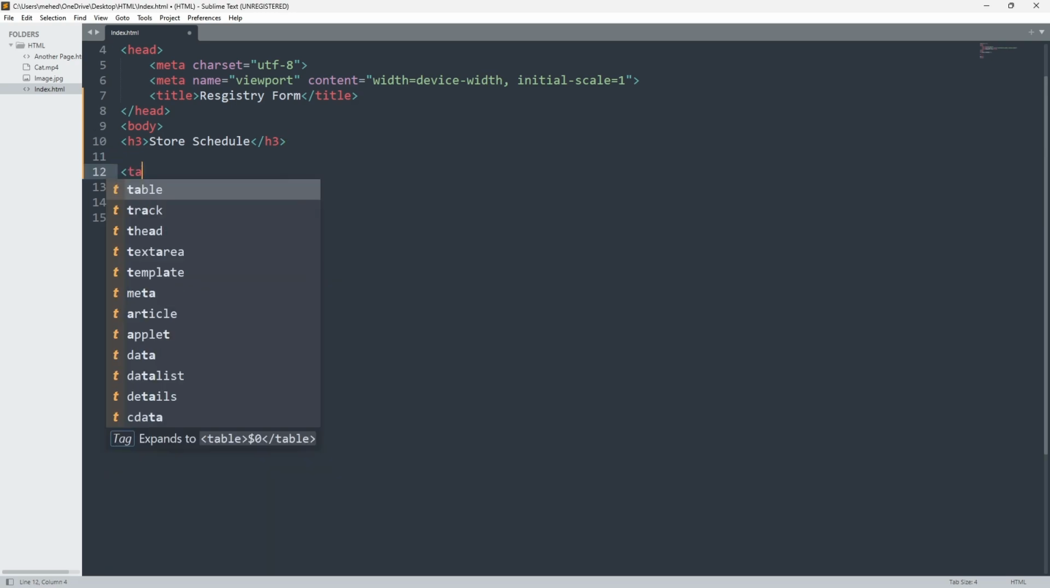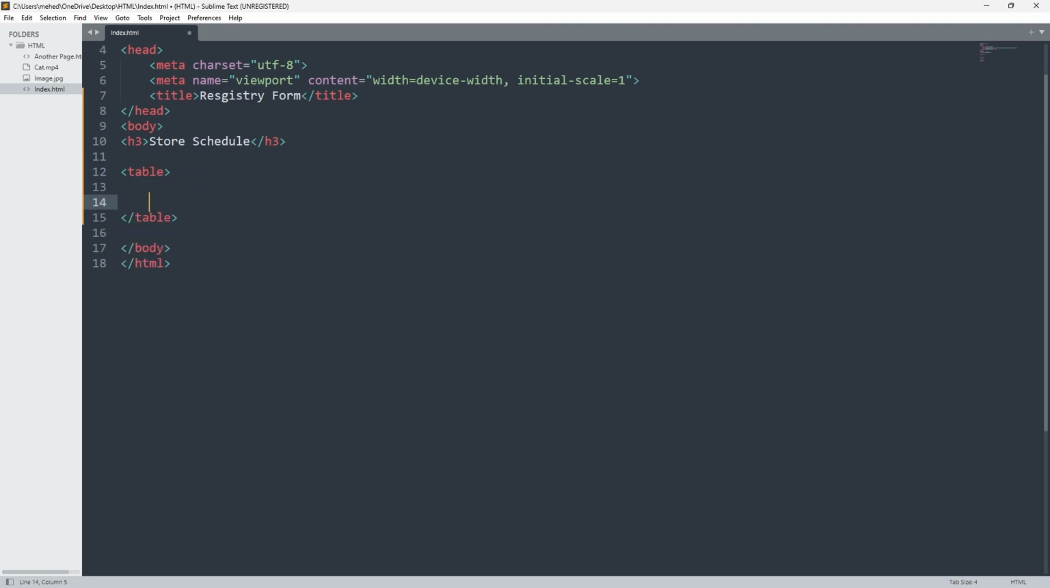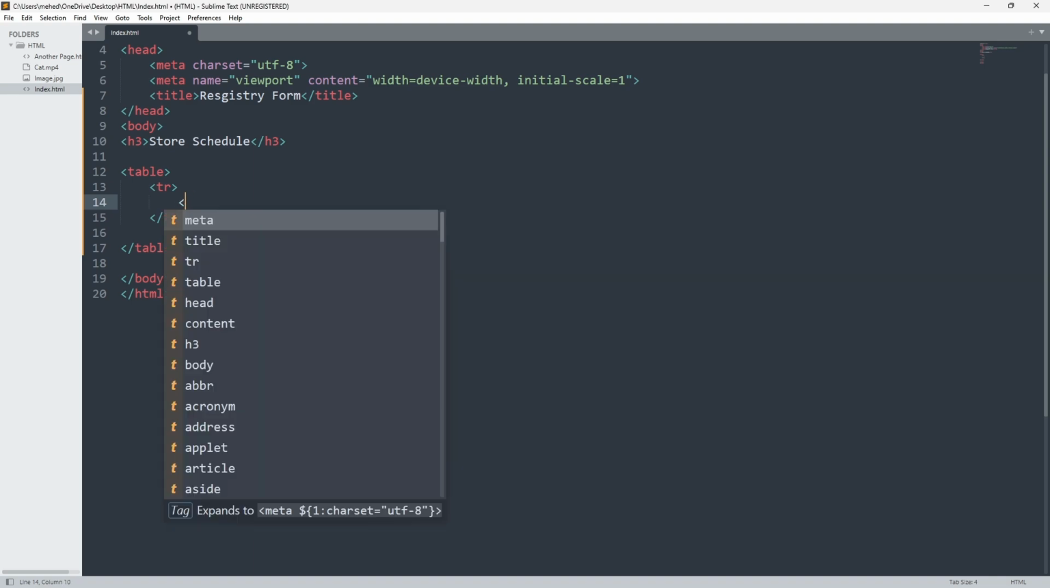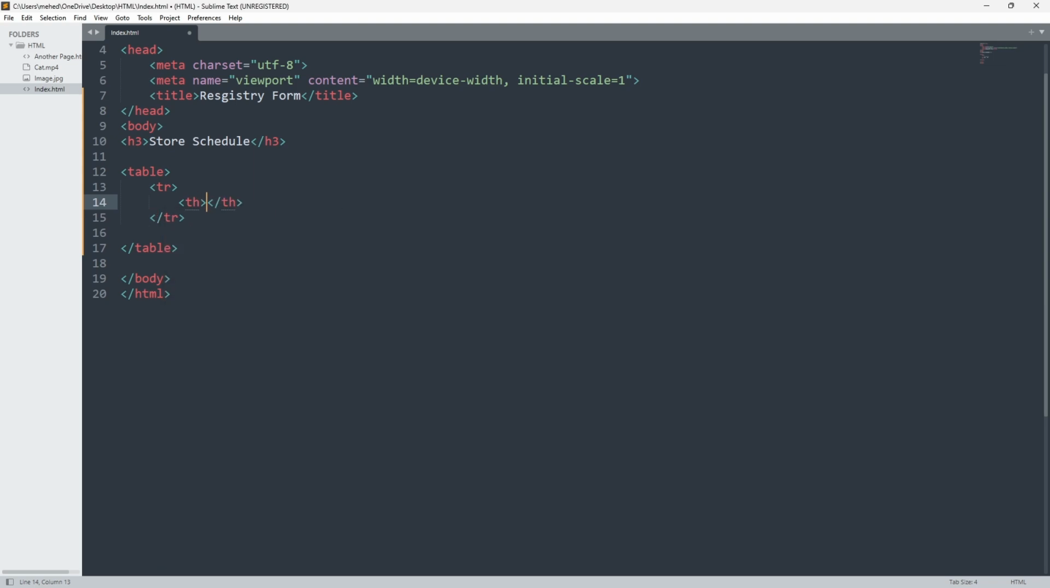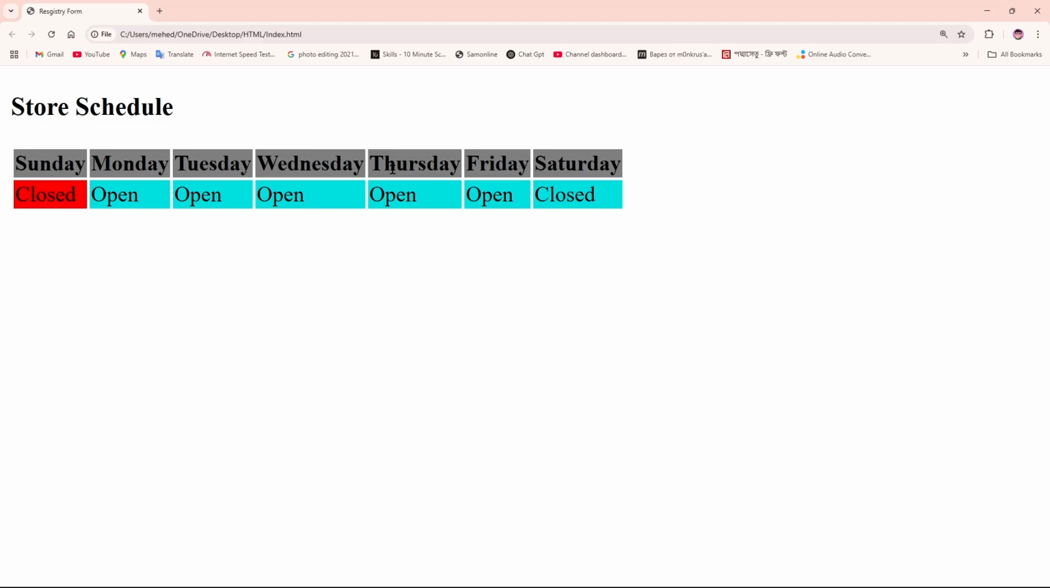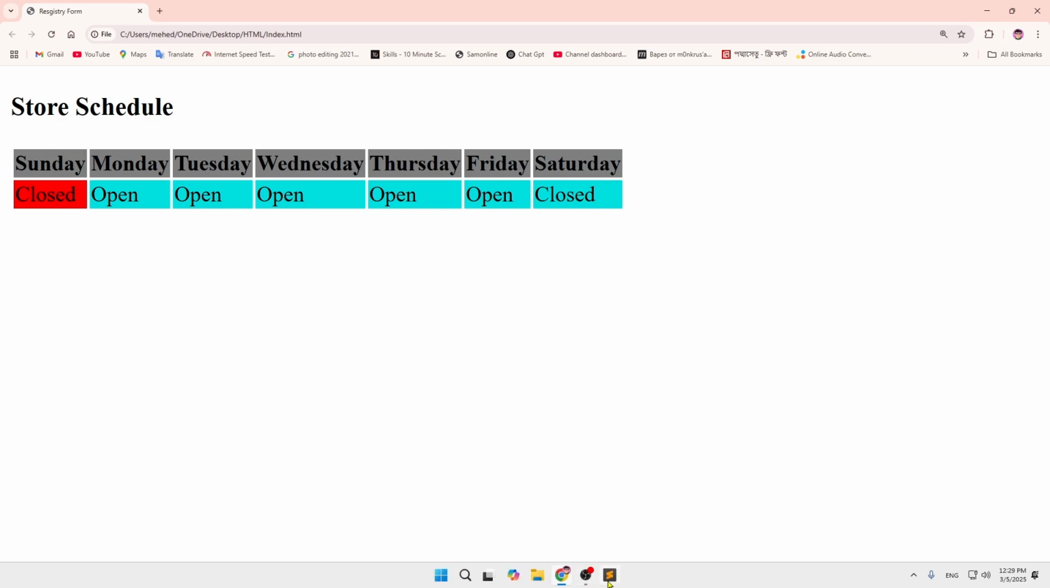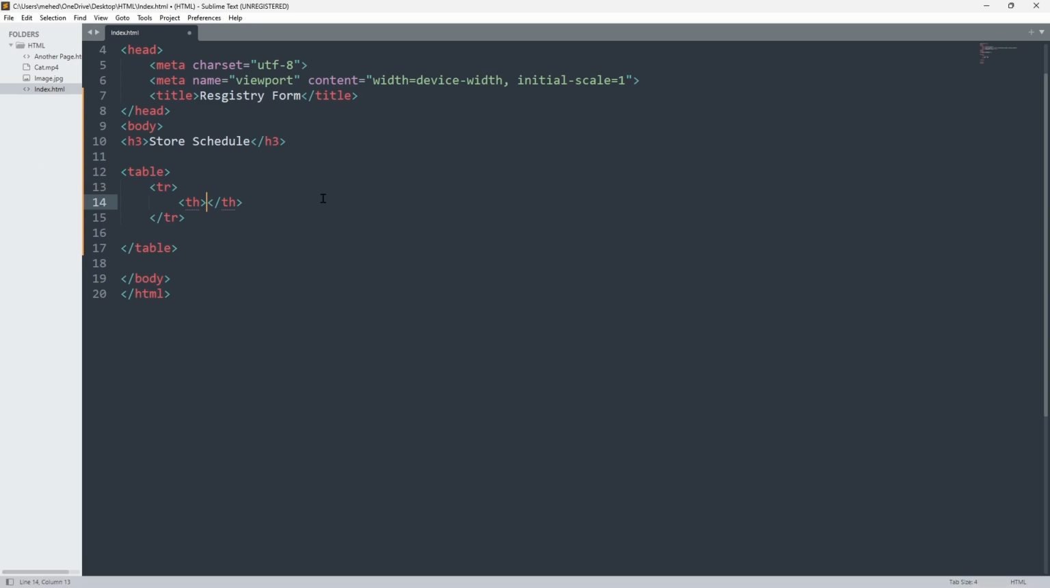It's called the table tag, and inside the table tag we can simply create a table row, as you know. Inside the table row we can add table head, or th, because as we can see in the heading section, it's a table heading. So inside the table heading section we can add the th tag, and inside the th tag we can add Sunday, and after that we can copy it,